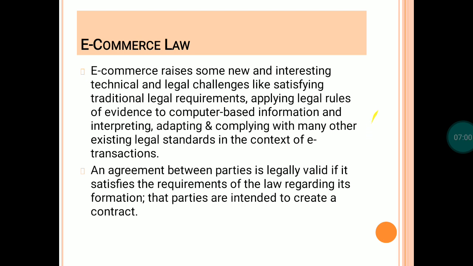And an agreement between parties is legally valid if it satisfies the requirement of the law regarding its formation. So any business agreement, if it is of e-commerce, because it is commerce, and in commerce the law would be there. Of course, कोई भी हम अपना छोटा या बड़ा बिजनेस स्टार्ट करेंगे तो पहले तो भैया